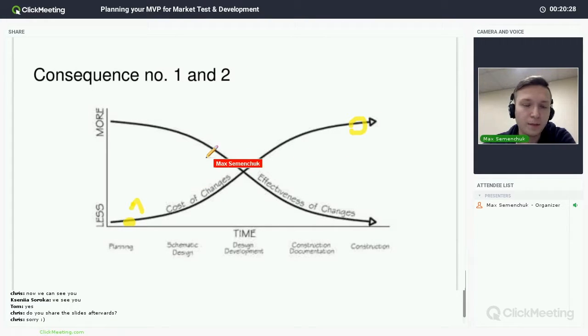So the further in the process, the fewer changes you want to have, and you also can't do everything you wanted because of the costs. So you might want to make the more significant changes in the earlier stages to have fewer in the later stages.